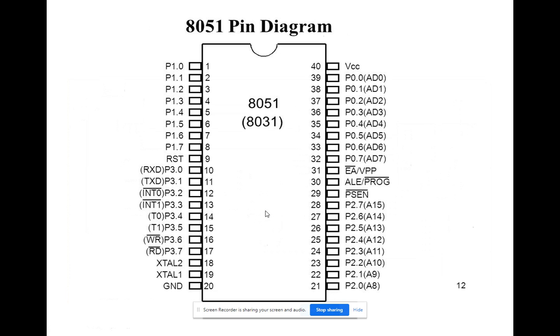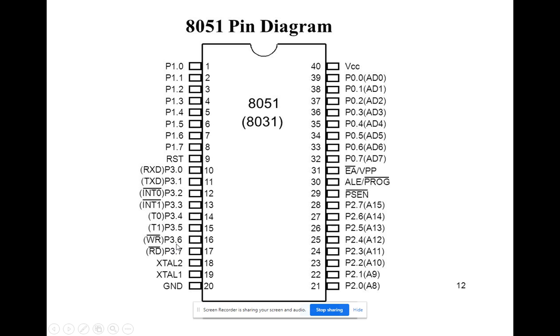This is the 8051 pin diagram. Four ports are available in the 8051, that is port 0, 1, 2, 3. Each port will have 8 pins. And then other than the ports, we will be having address latch enable and then program status enable. These will be acting as the address line, and then port 0 will be acting as the address and data